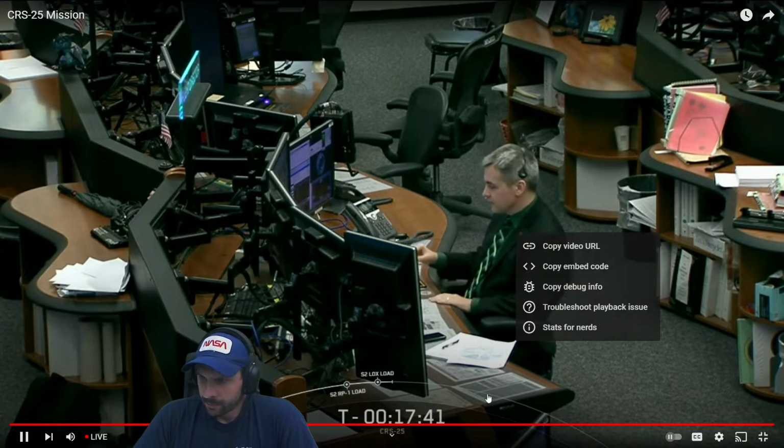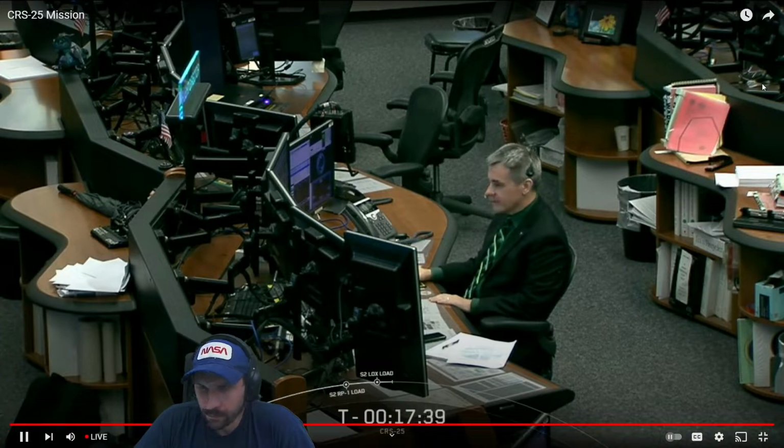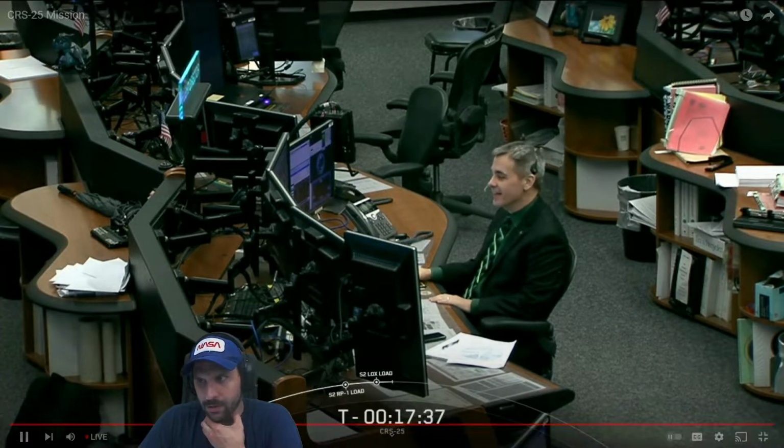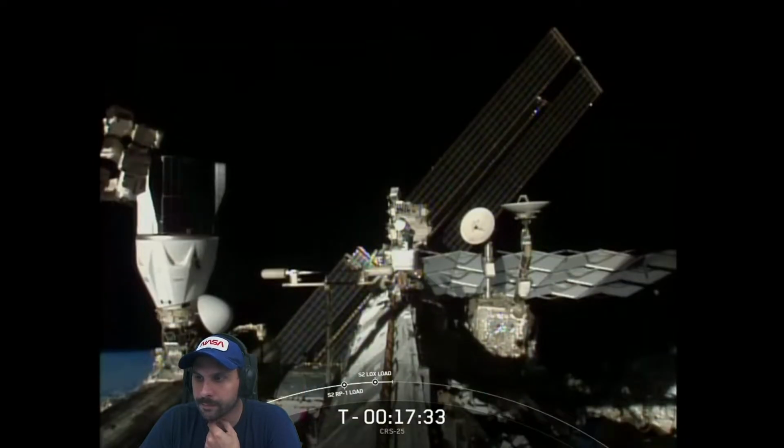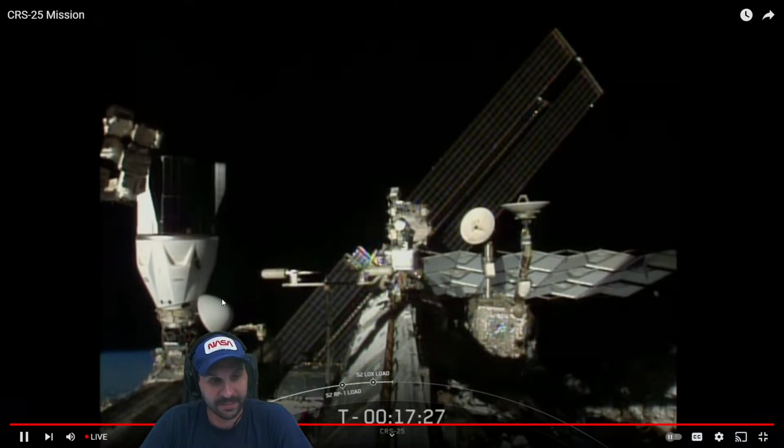And when Dragon arrives at the International Space Station on Saturday, this will go north, I think, John. Forward port of the Harmony module. NASA astronauts Bob Hines and Jessica Watkins will be on tap to monitor that approach. Dragon is slated to spend about 1 month attached to the ISS.